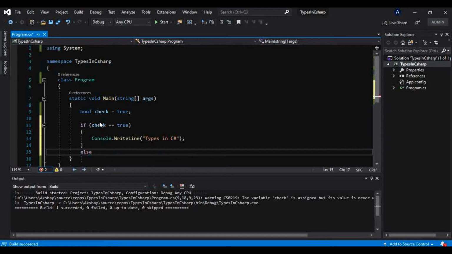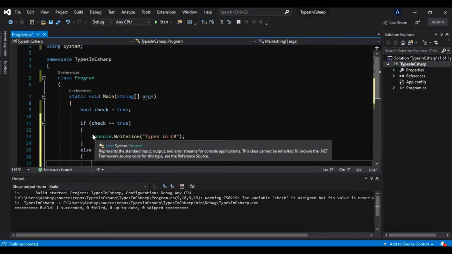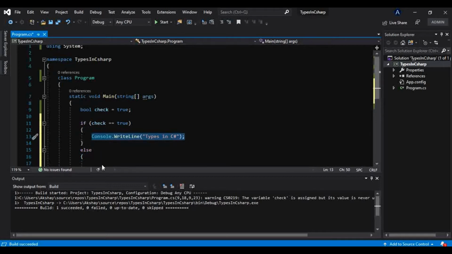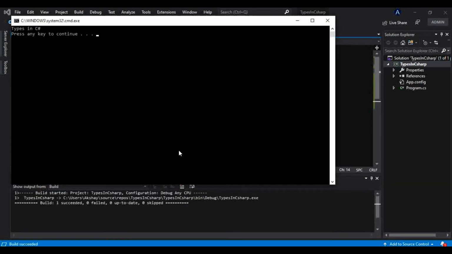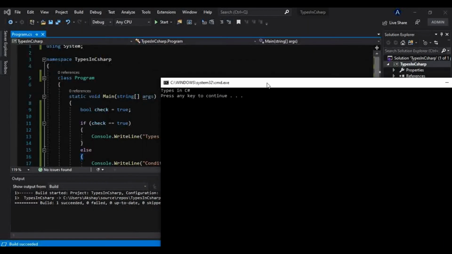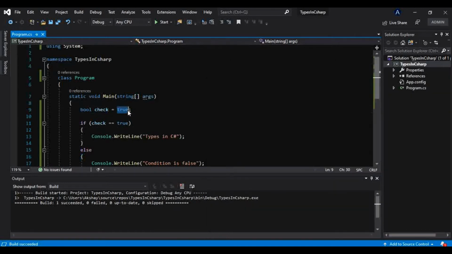Otherwise, in the else block we want to print "condition is false". Now let's run this. It will work this time. Because the condition is true, it is printing our message, types in C#, because check is equal to true, and that is the value we have stored in check.